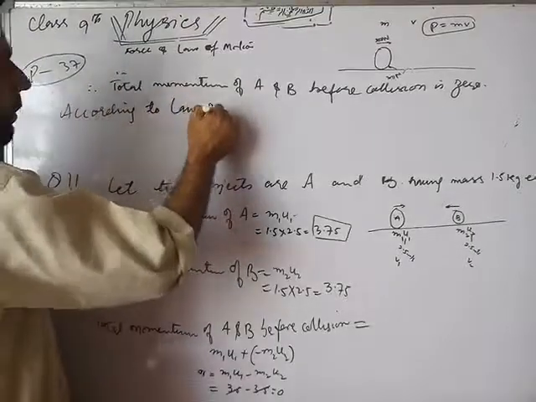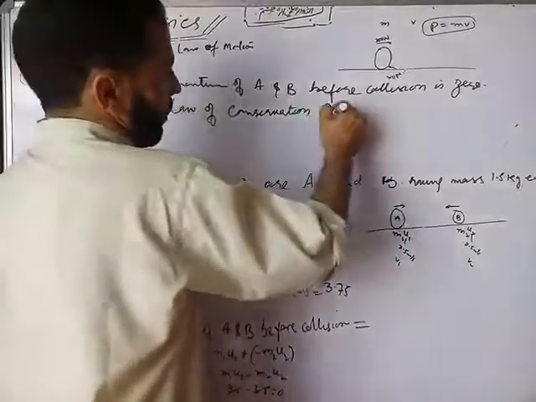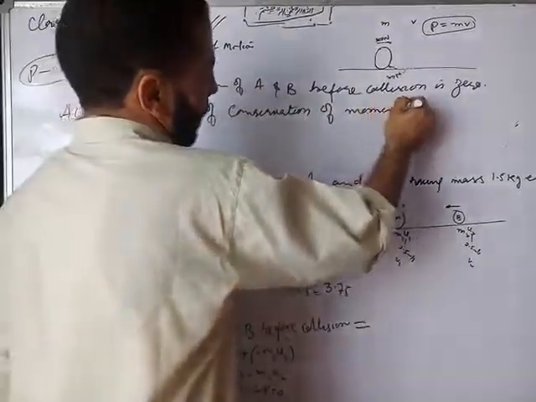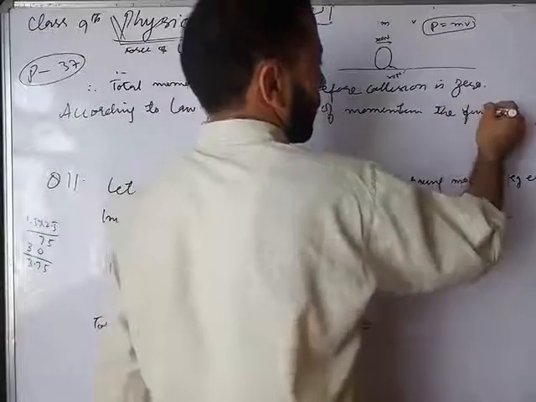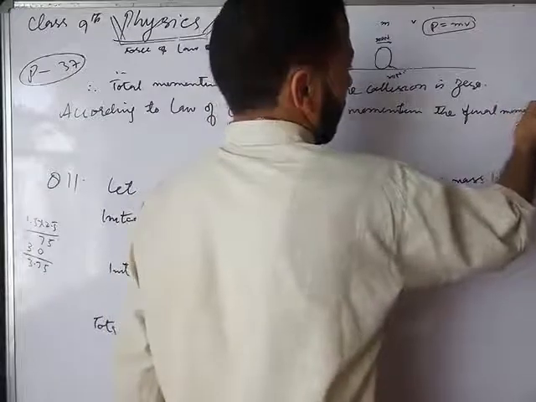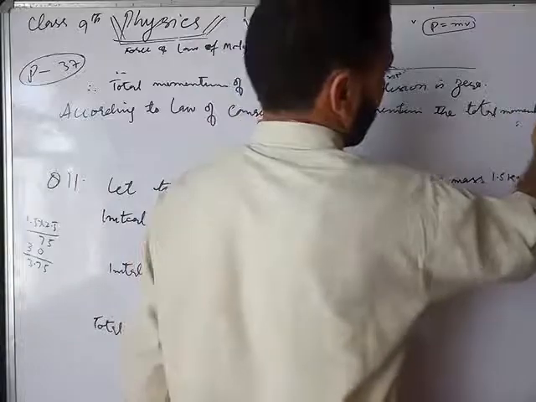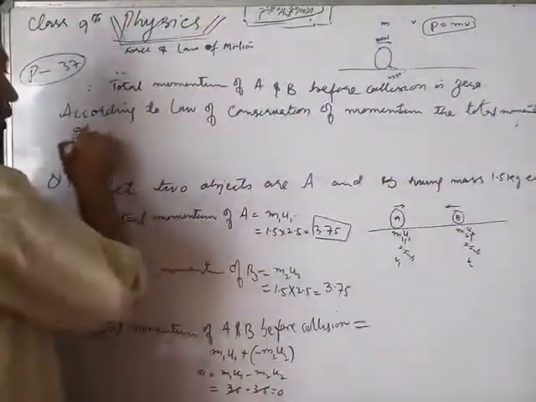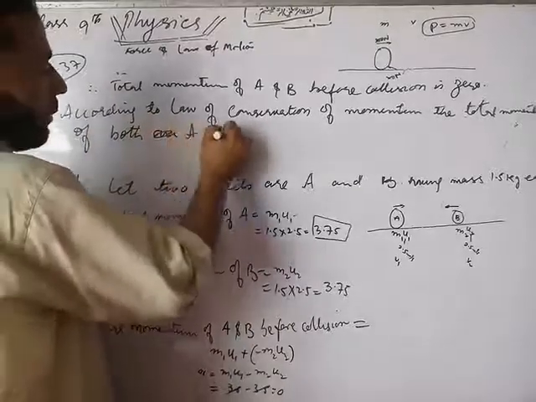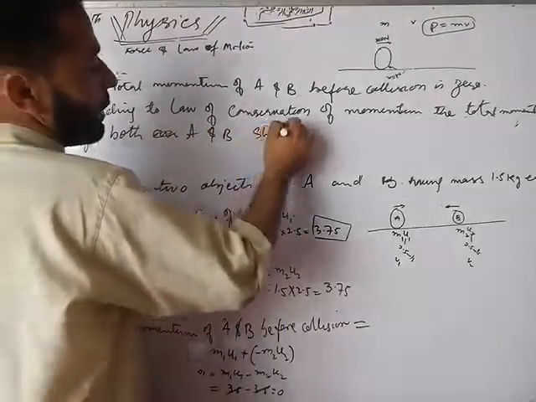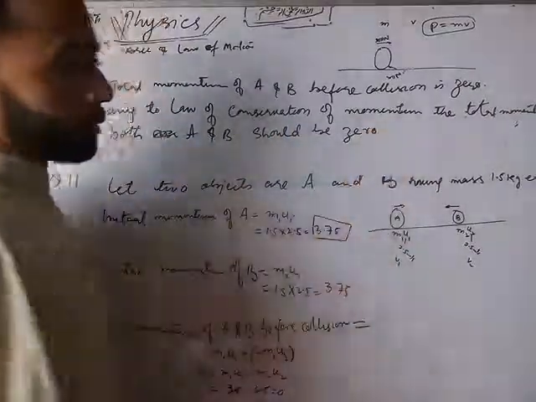law of conservation of momentum, according to law of conservation of momentum the final momentum, the total momentum of both A and B should be 0, because total momentum before collision is equal to total momentum after